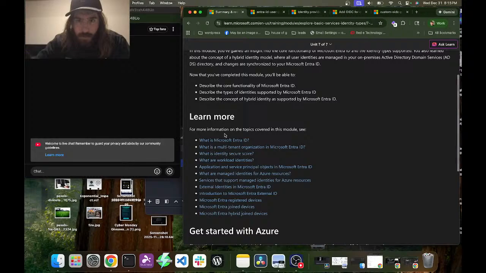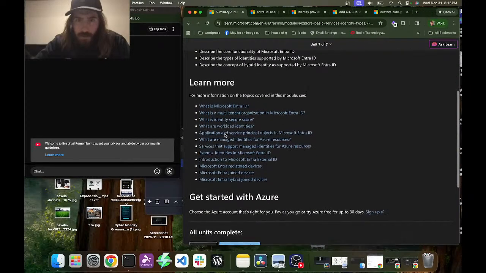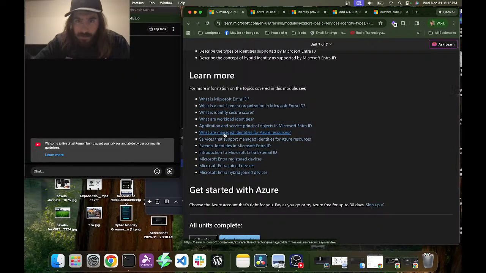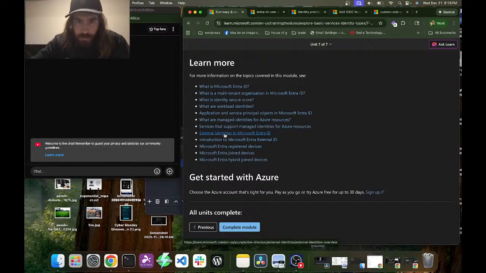Now that you've completed this module, you'll be able to describe the core functionality of Microsoft Entra ID, describe the types of identities supported by Microsoft Entra ID, describe the concept of hybrid identity as supported by Microsoft Entra ID, and then more information. Let's complete the module. Complete.